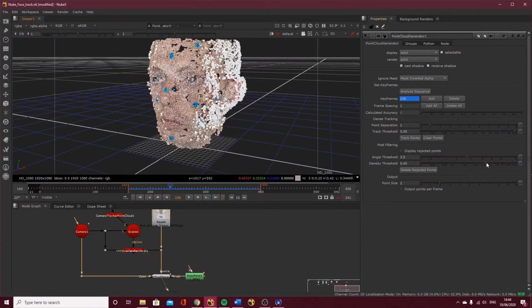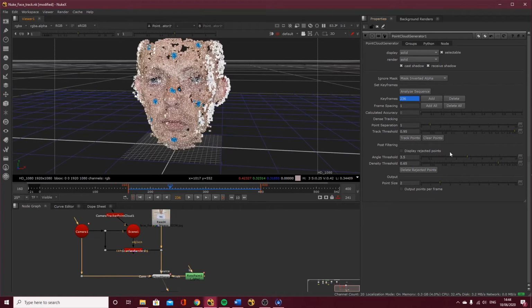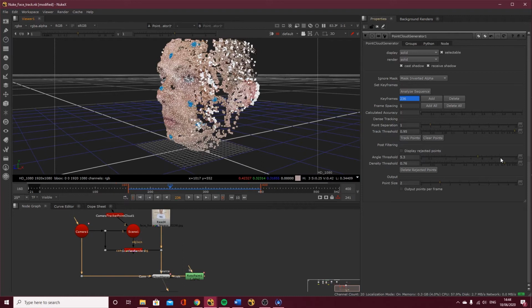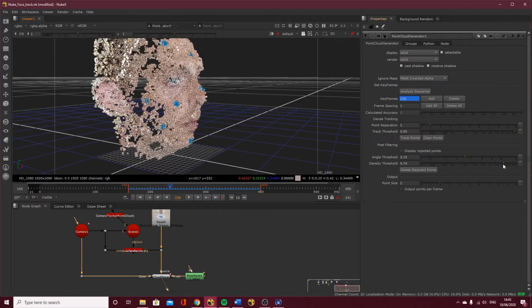So using a mixture of these, I'm just going to increase this. You don't want too many holes in your mesh, so it is a balancing act, okay? So something along the lines of, it's got a bit too many holes for me, so I may lower that down. Something along the lines of, I think, let's go for balancing act, see what we can get. Okay, so my angle threshold is 3.15. My density threshold is 0.74, and even though I have got a few holes, actually I may just bring that down a bit.